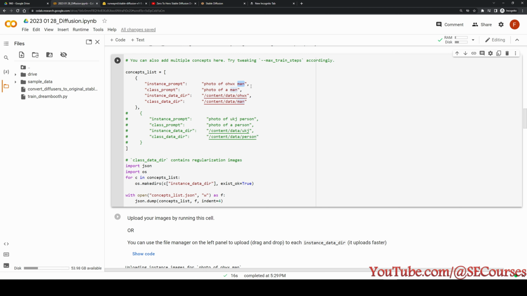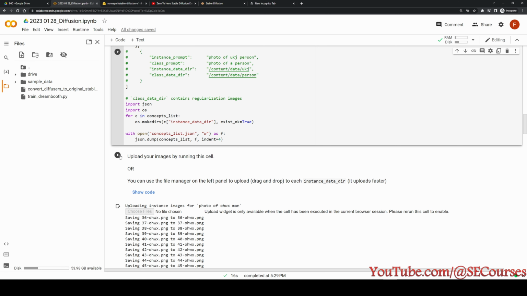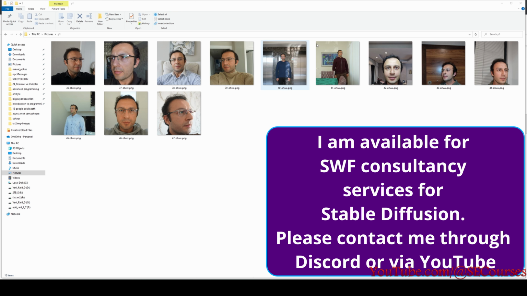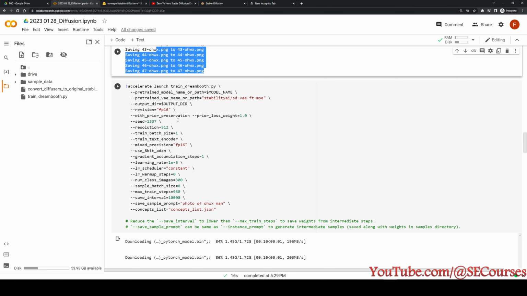If you are a woman, just use woman. Okay, I'm just skipping that part. And in here we are clicking this button to upload our images. I have used this image of myself as a training dataset. You see only 12 images, different poses, different clothes, different backgrounds. These are extremely important to obtain good results. And this is the setup for training. So in the setup, what did I change?